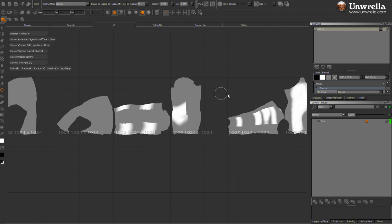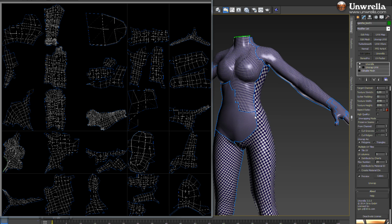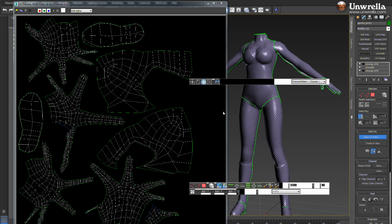You can, however, uncheck the Preserve Seams option and let Unwrella part, divide, distribute, pack and arrange parts in an own way. If you have to struggle with UV mapping on a daily basis, we recommend you to visit